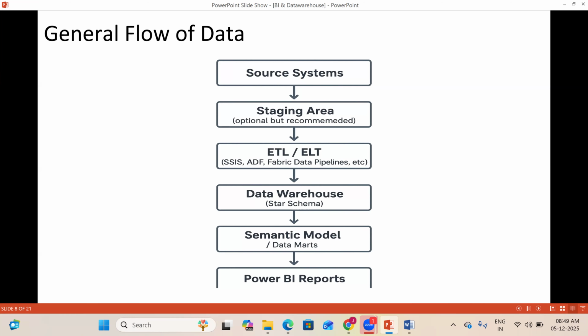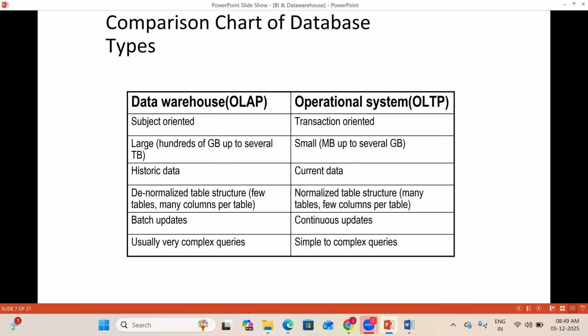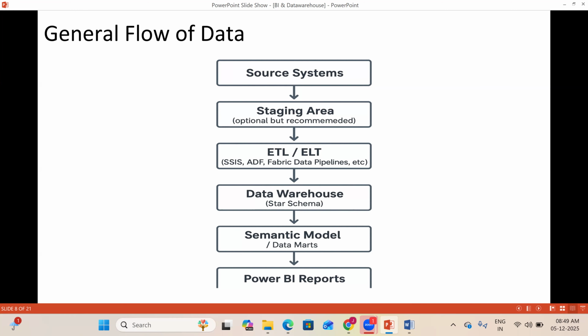Now you need to understand the general flow of data. Since we discussed multiple things on data processing, like where data comes in first, how it is processed and where it ends, it's better to understand with this flow too. We'll have different source systems, and from them we store the data in a staging area. We need the staging area if you want to audit or validate your data, and